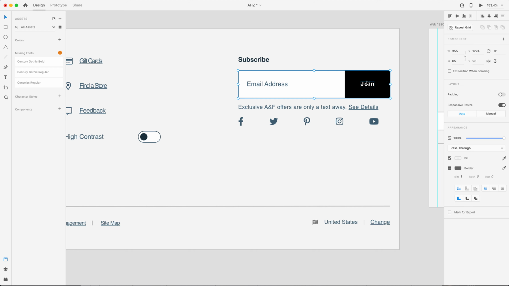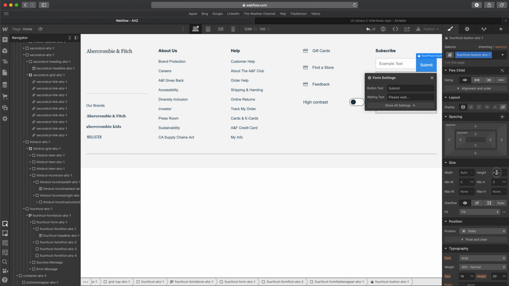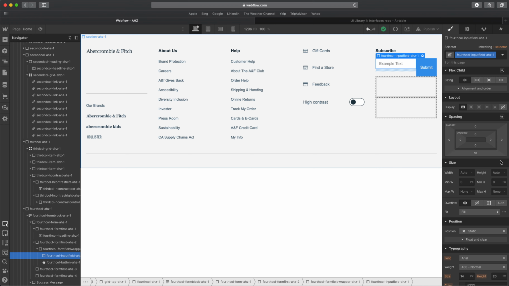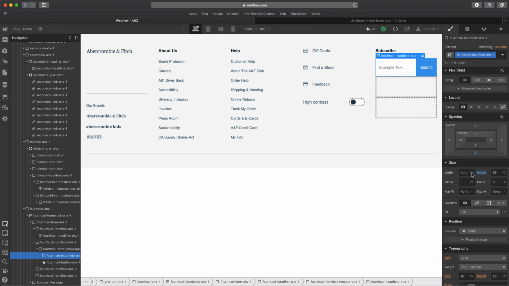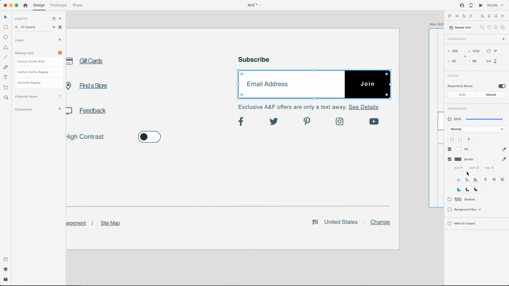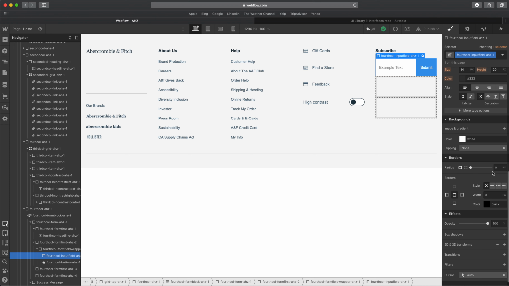So those elements are 65 pixels height. So I'm having this 65 pixels height, and this will be 65 pixels height as well. Notice Webflow is having a default margin of 10 pixels at bottom. I'll just set that to be 0. Okay. So what else do we have here? We're having a grayish border of 1 pixel over here, no radius. So I'm going to recreate that in here for almost all of the borders except for the right border. The right border, I'll set this to be none